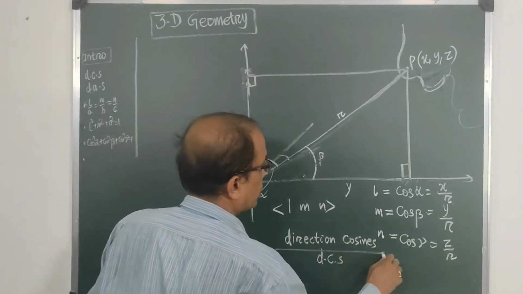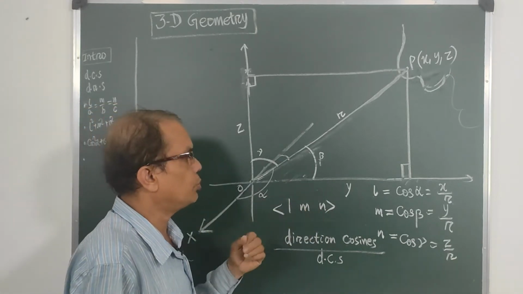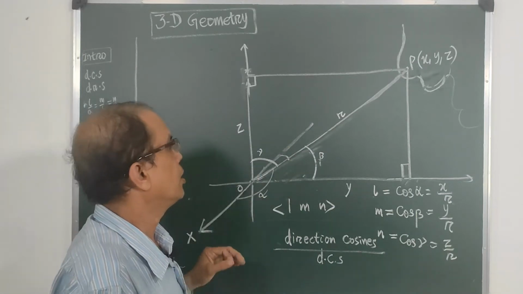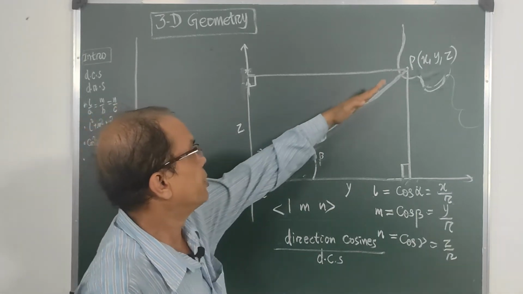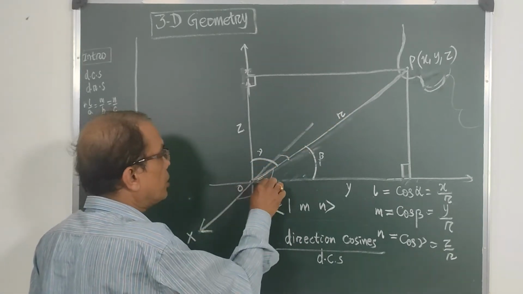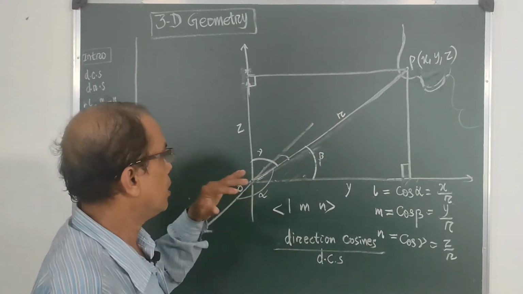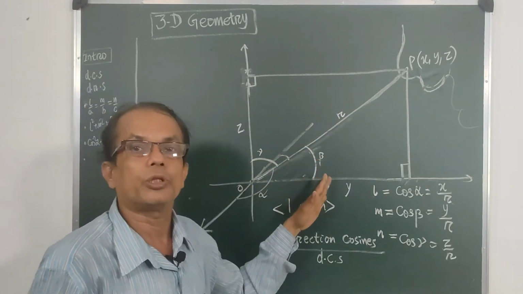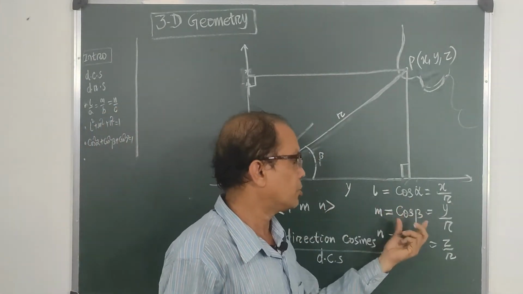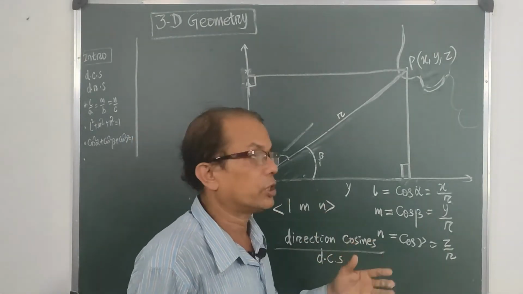This is direction cosine. So what are direction cosines? L, M, N are those values which are the cosine values of the angles alpha, beta and gamma. The angles are subtended by a string or a length or a straight line with each coordinate axis. If a line makes an angle alpha with x axis, beta with y axis and gamma with z axis, then cos alpha, cos beta, cos gamma will be those three cosines which are called direction cosines, because they show